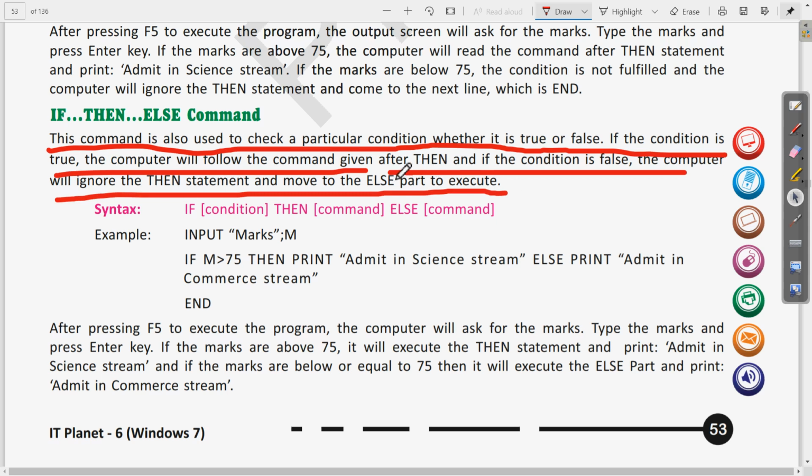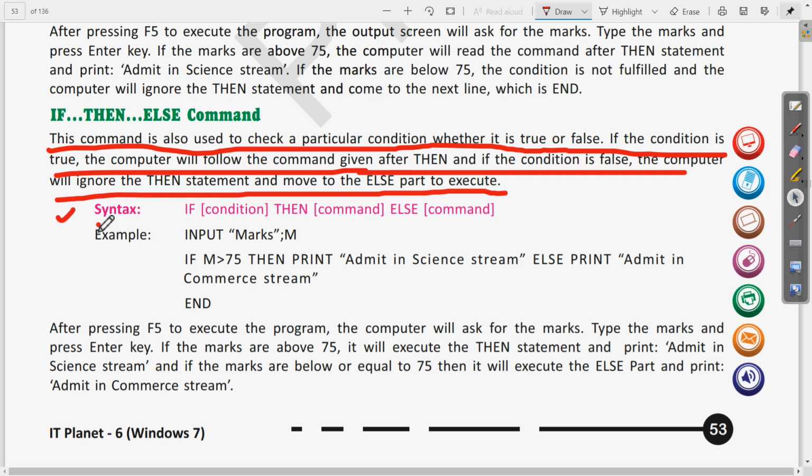So we will have to write the full sentence. Here we know that in the if, then and else, whatever condition we write with the if, first it will check it, and if it is true, then it will go to whatever command is written with the then, or else if it is false, then it will go to the else. Clear? So this much is the meaning of this if then else.